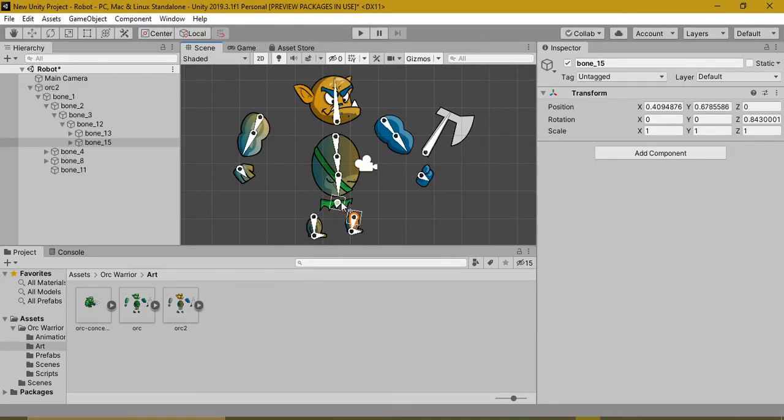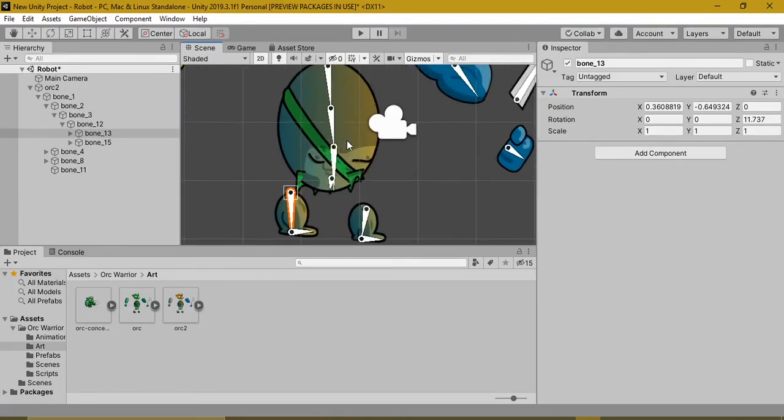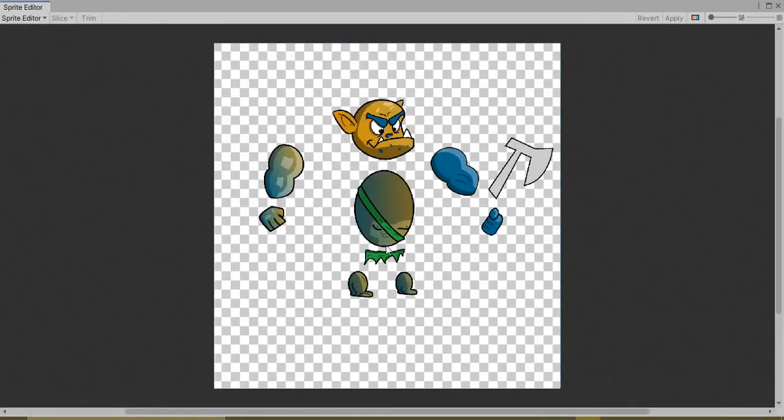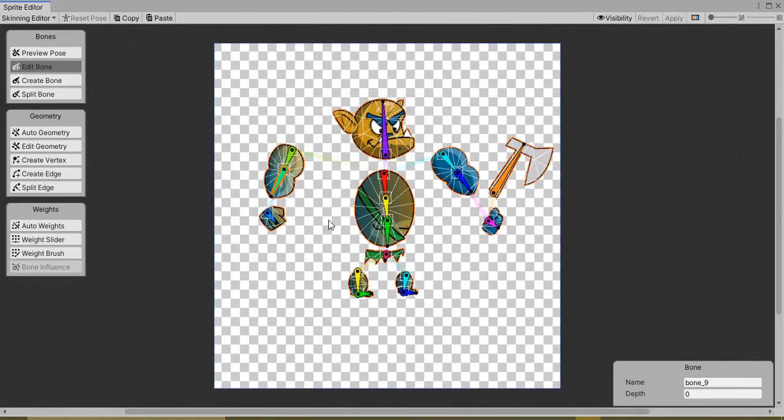Now I'll assemble the sprite. Now you can see the layers aren't properly done, so I'll make the proper layers. This one should be on top, so I'll put 3.